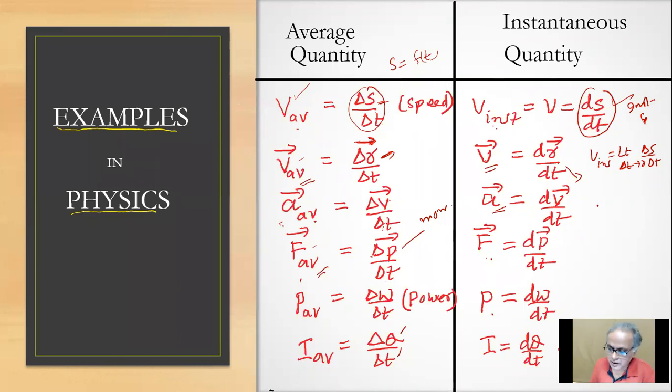Are you saying this one? Resistance R equals delta V by delta I, we have that one? Yes, sir. For R average is equal to delta V by delta I. But R instantaneous also can be calculated, dV by dI. Of course, the way you learn Ohm's law, this R is all the time constant. But if R is varying, for semiconductors, there you can define delta V by delta I. That's correct. Good.